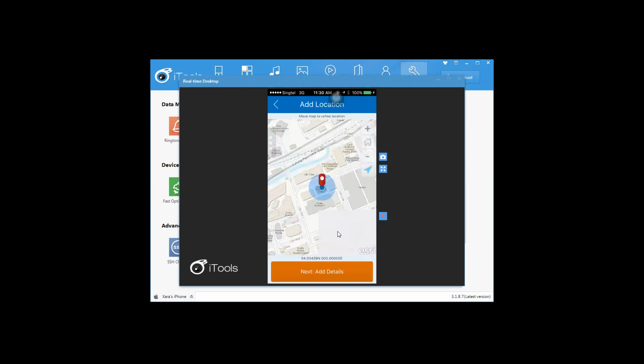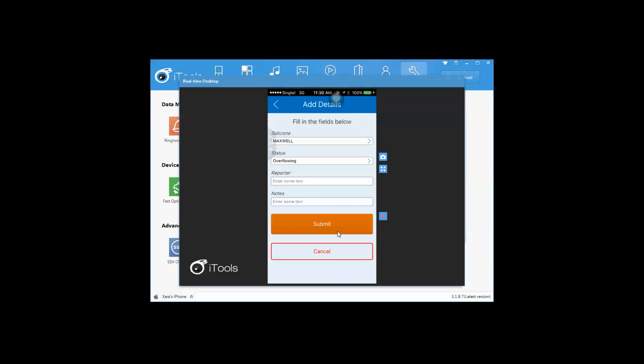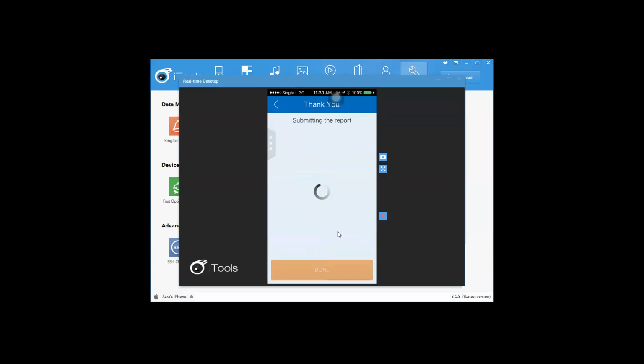Okay, so let's zoom to a point and quickly add in the necessary information. Overflowing bin near Esri. That should be good. Tap on submit and tap on done. So my report has been successfully submitted. So at this point, I can work with Workforce for ArcGIS to have this particular report serve as a guide, and I can deploy my workers down on the field to work on that particular overflowing bin.